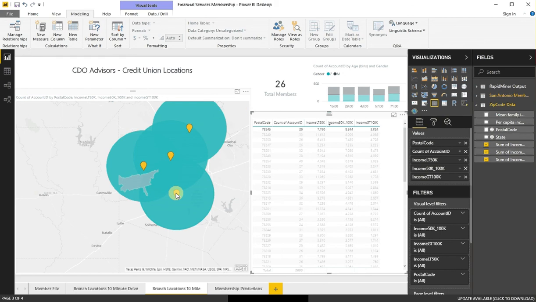So again, by taking the data that you have, we can quickly take that, aggregate it, visualize it, and start you on a path to better analytics. Beyond that, there's predictive analytics. We can do next best offer. If you're sending out emailers, physical mail, trying to grow your membership, this is how we can get started